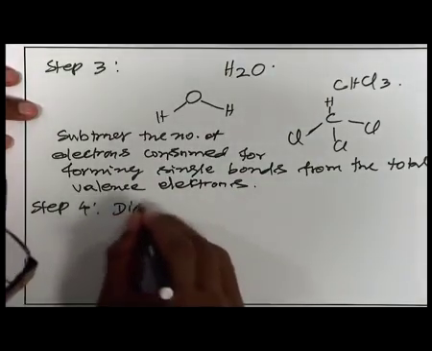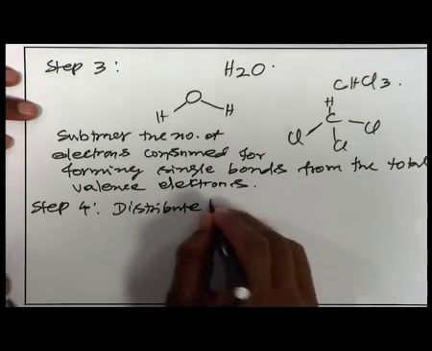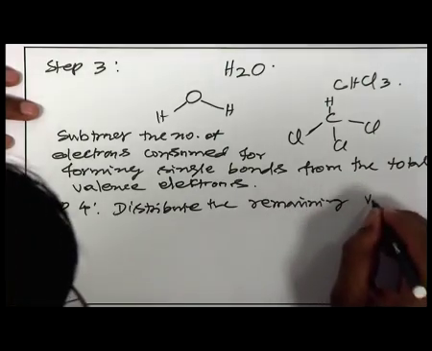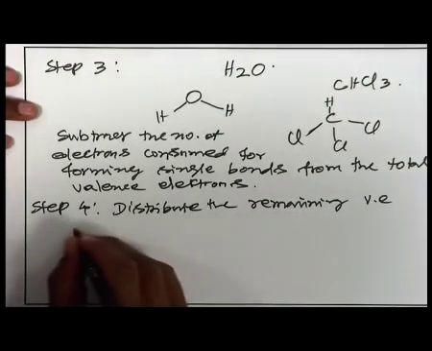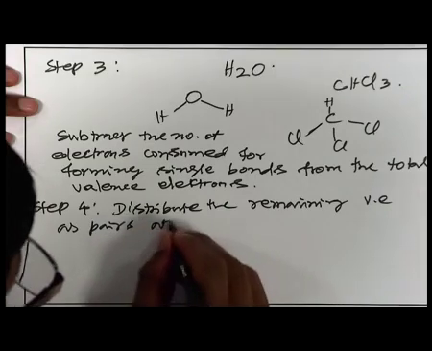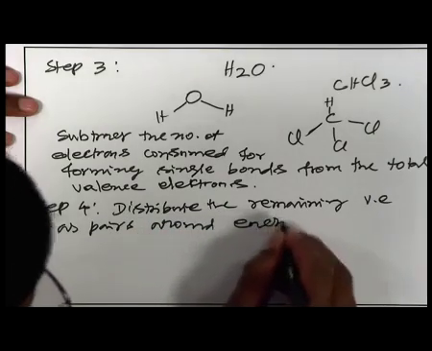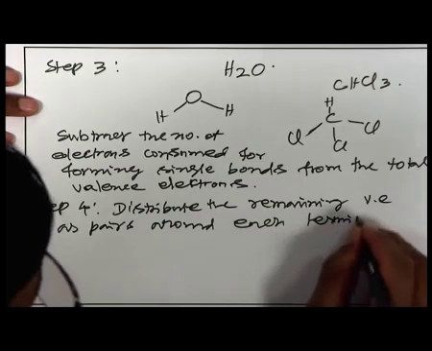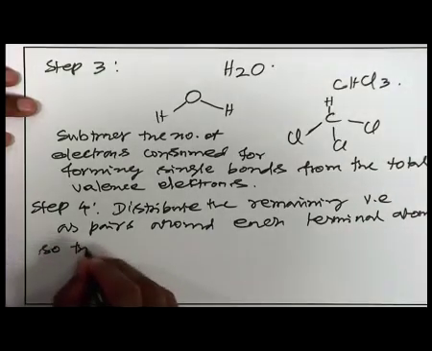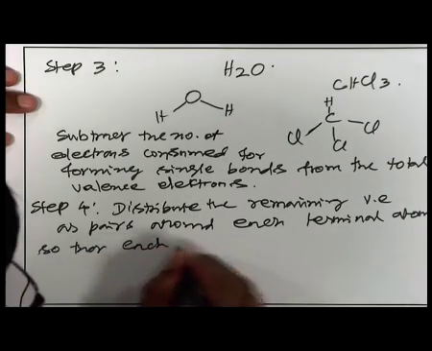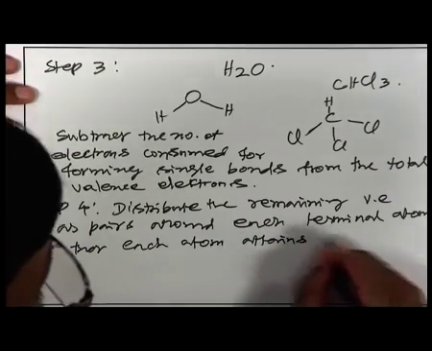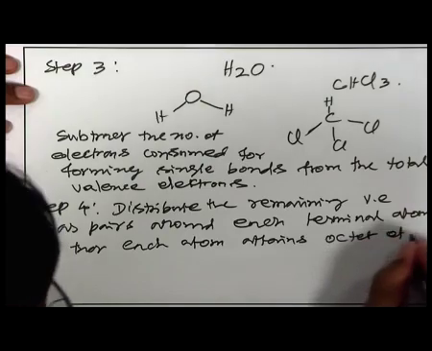Distribute remaining valence electrons as pairs around each terminal atom, so that each atom attains octet of electrons,